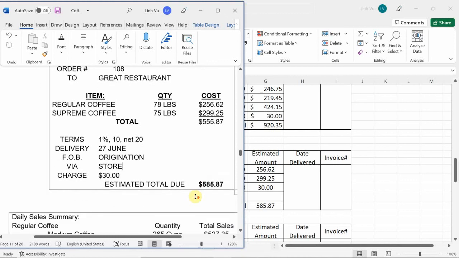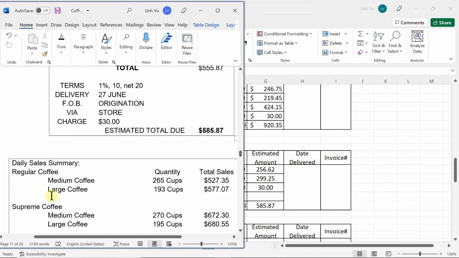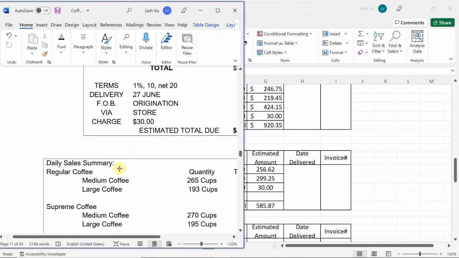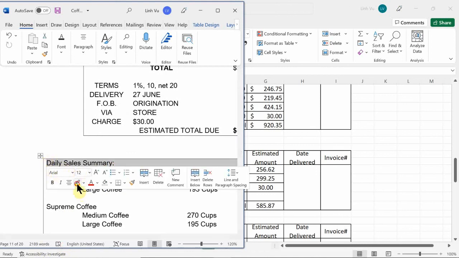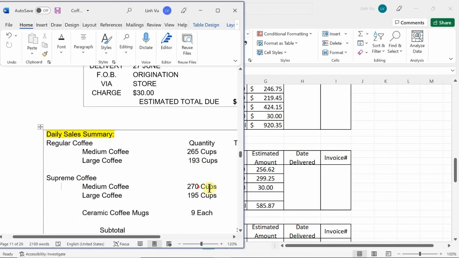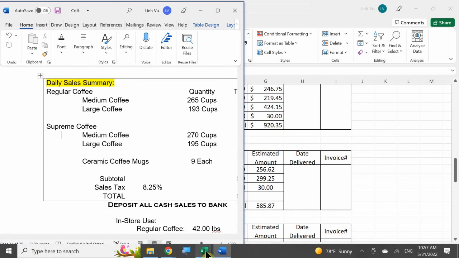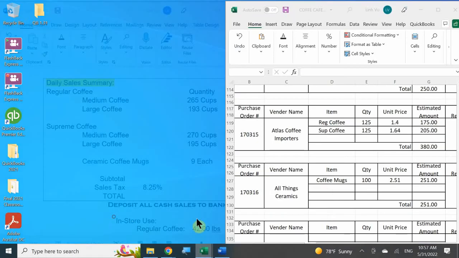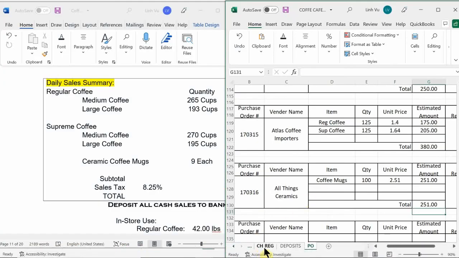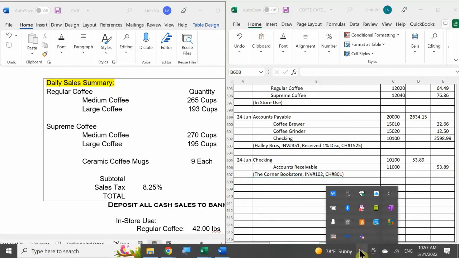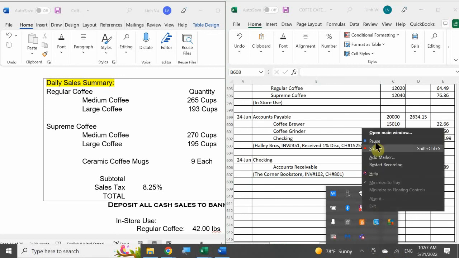And let's stop here for today. When we come back, we're going to complete the daily sales tomorrow. So save all your work, and again, we will come back to this tomorrow. If you have any other extra questions, you guys are